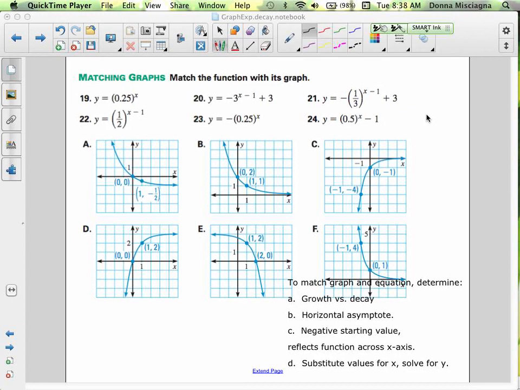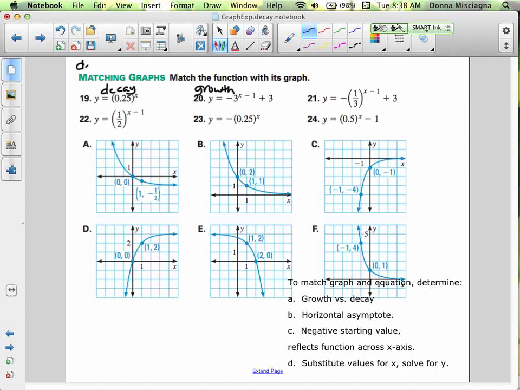So I'll just have you call it out. So we're going to look at the graphs, and let's look at the equations, and then we'll look at the graphs. So how about 19, y equals 0.25 to the x, growth or decay? Decay. How about negative 3x minus 1 plus 3? No one's answering on this one. It is growth. So let's just review